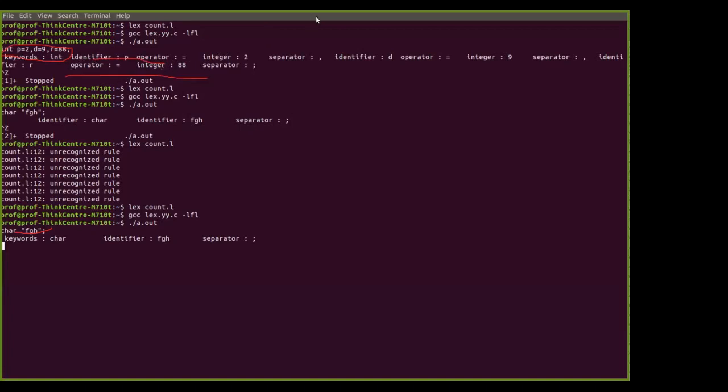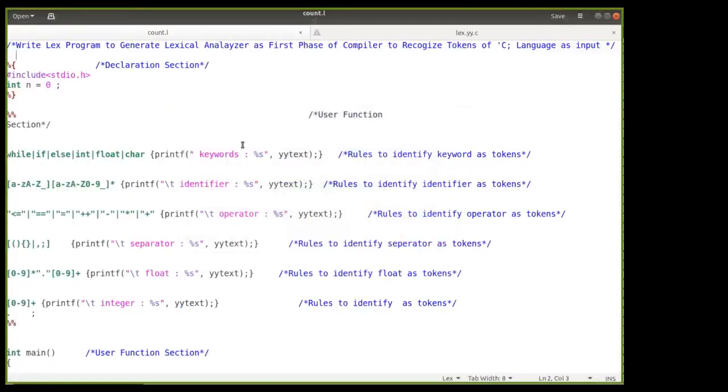So this is the implementation of the first phase of our compiler, where we have implemented the lexical analyzer using the Lex tool, which is the automatic tool provided by the Unix operating system. We installed it, provided the input specification in the form of the Lex specification, generated the lexical analyzer, and then checked whether it can recognize the tokens or not. Your lexical analyzer, that is the a dot out, will recognize the tokens only according to the rules that you have mentioned in this particular program.